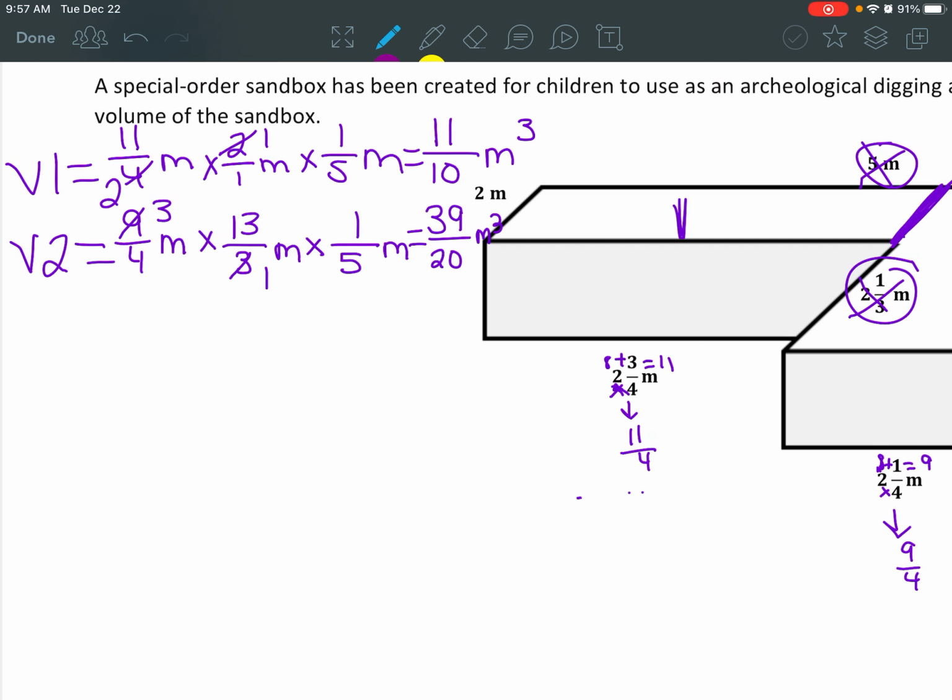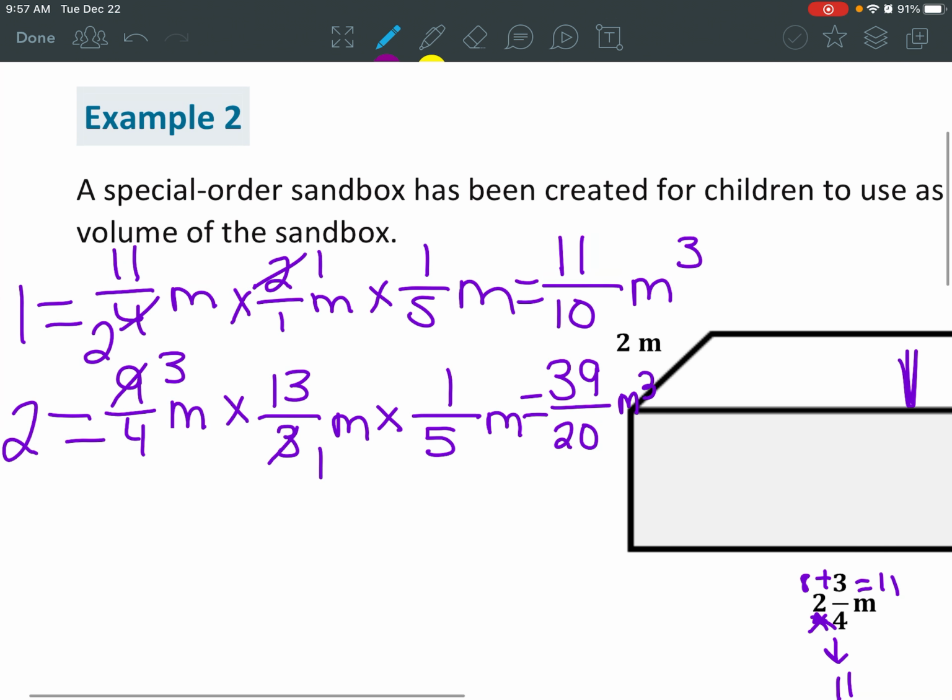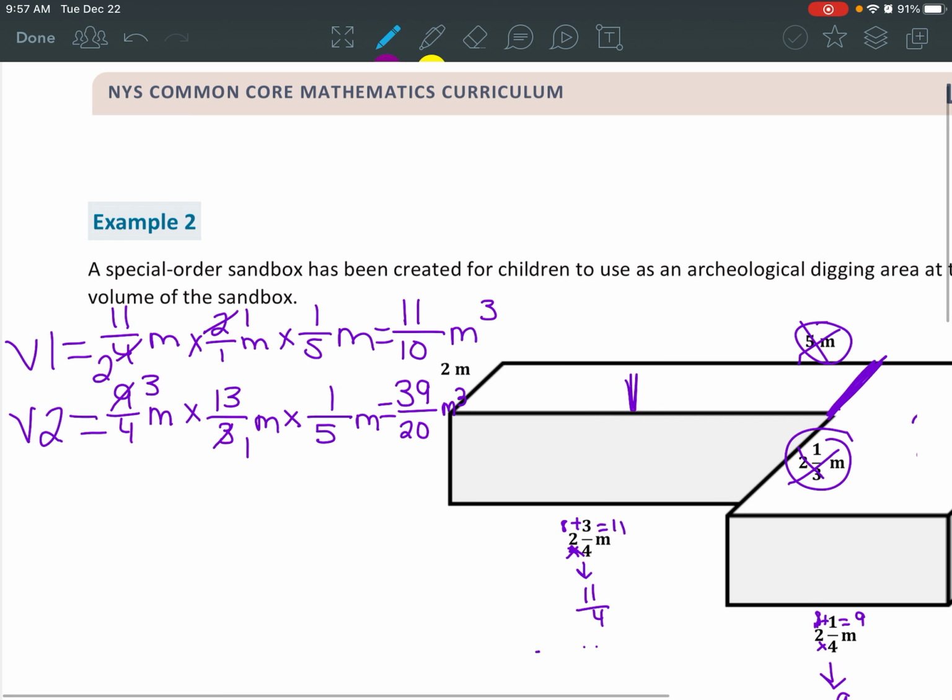Okay, so we have a problem. It looks like I should not have simplified this before. I should have just multiplied across. And then we would have had common denominators. So if we go back up here,